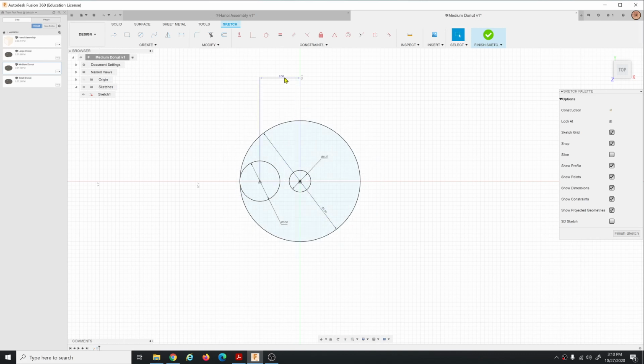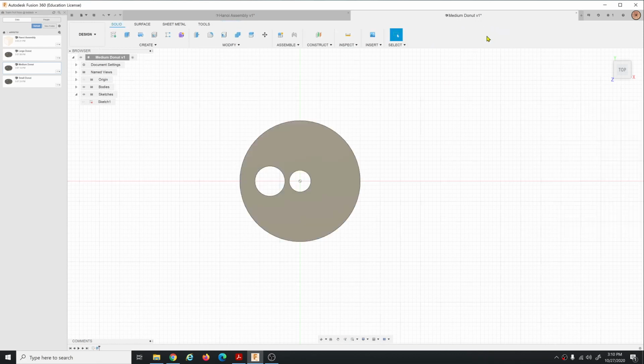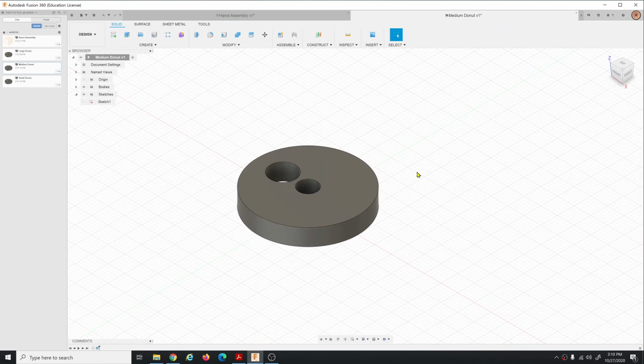And then we got to move this hole now, so we got to make it smaller too. So we'll make it, oh, I don't know, what do you think? 0.375. Let's try to see how that looks, and maybe scoot it over a little bit. 0.375. Yeah, it looks okay. Right. So finish the sketch, and the donut is smaller now. And so we'll save it. Save the design